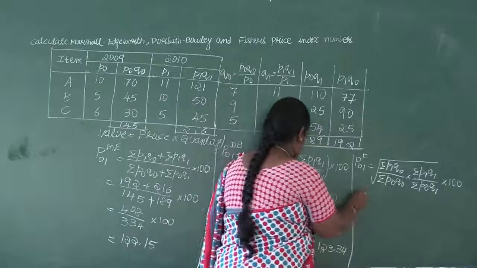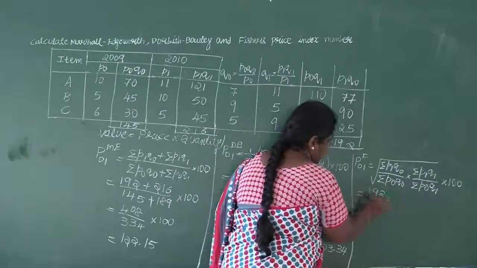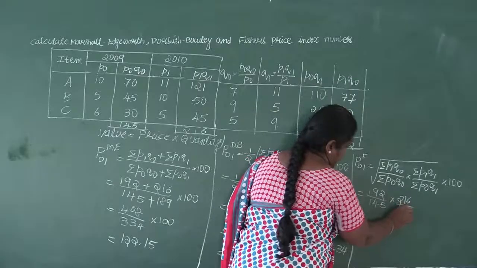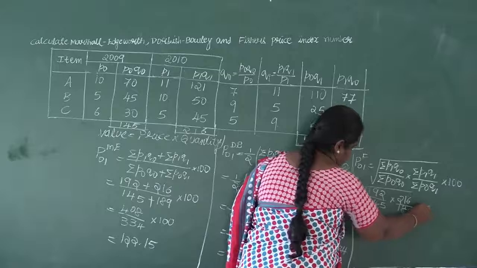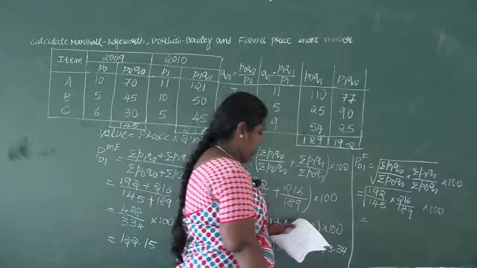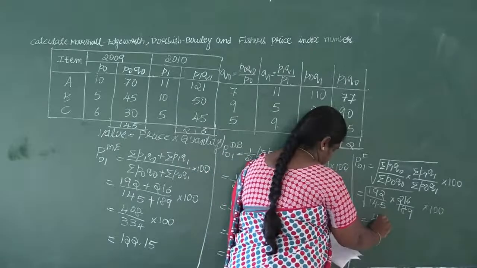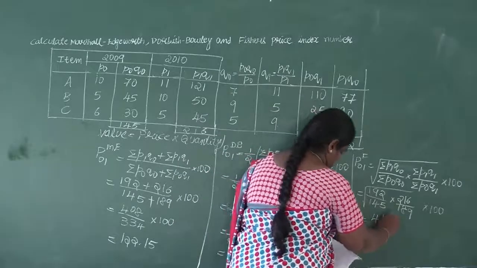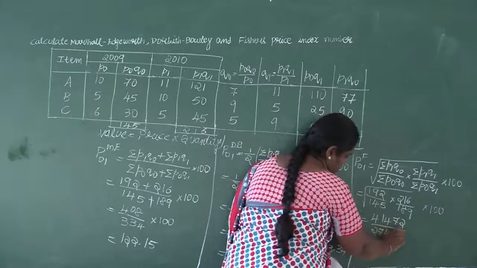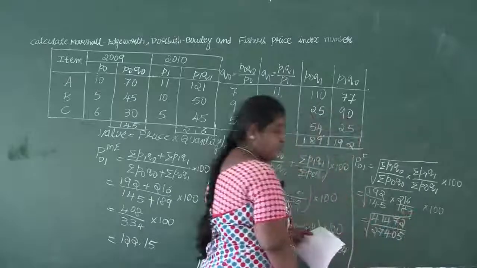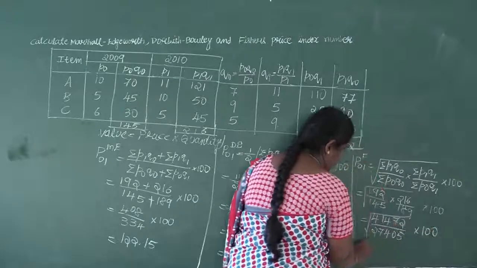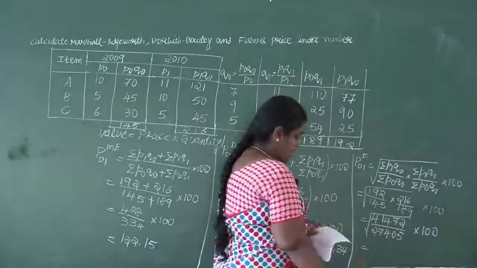Again we are going to substitute 192 divided by 145 into 216 divided by 189 into 100. So multiply the numerator, multiply the denominator: 41,472 divided by 27,405. So first divide, take out the square root, multiply with 100. We'll get